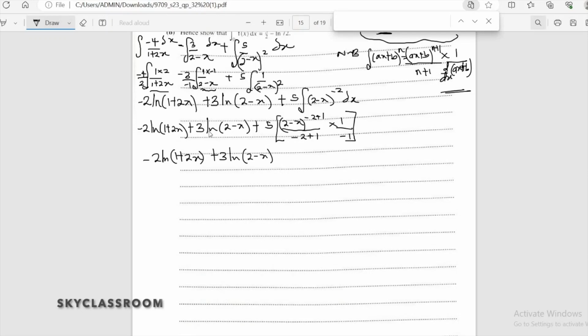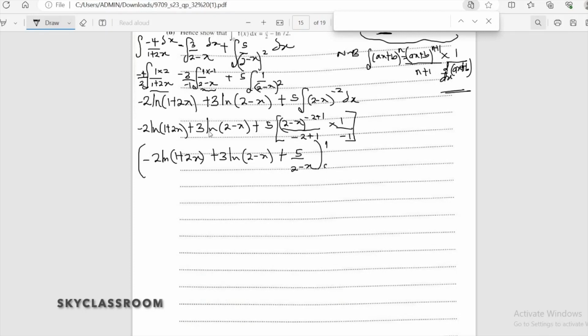At the end of the day we're going to have plus 5 over 2 minus x, because minus 2 plus 1 is minus 1. Don't forget to substitute the limits